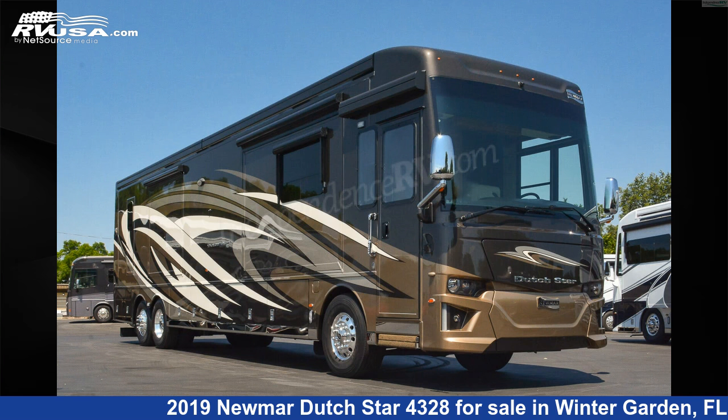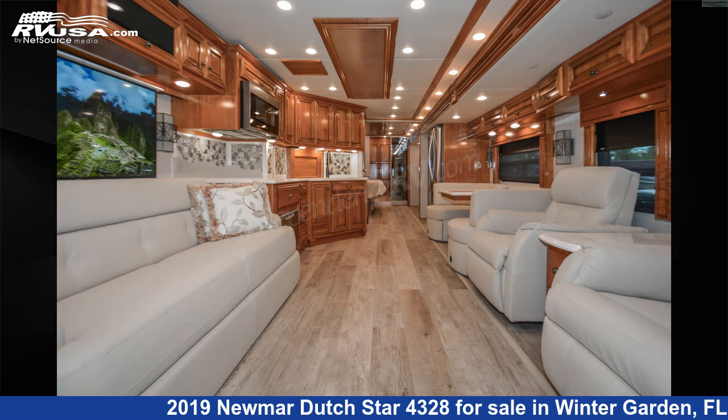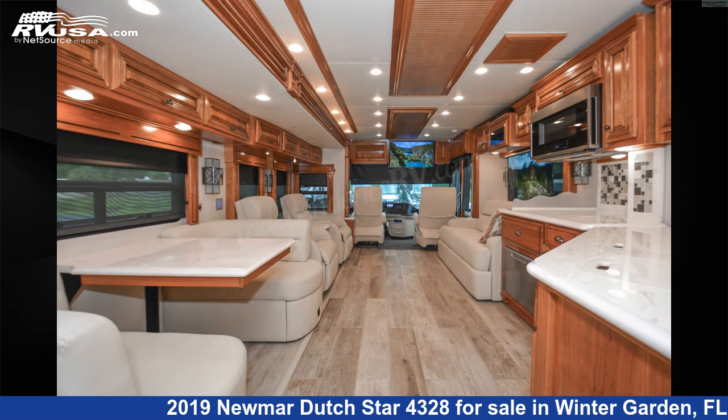This 2019 Newmar Dutch Star 4328 is a Class A RV. It is located in Winter Garden, FL 34787 and is offered for sale by Independence RV Sales. This used Newmar is 43 feet 9 inches in length and features 3 slideouts, a Seapearl Decor, custom London Aire